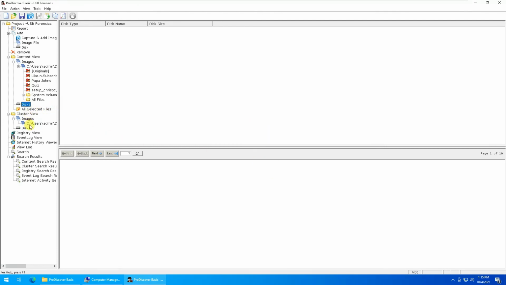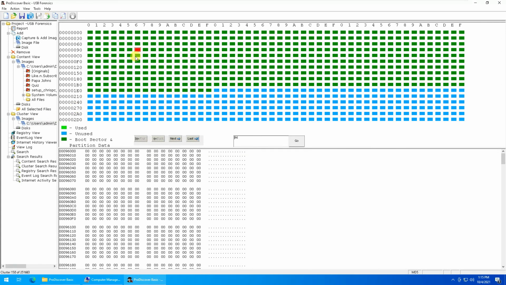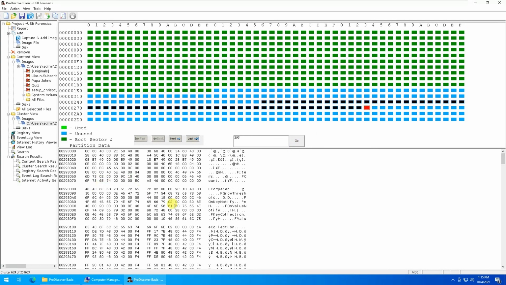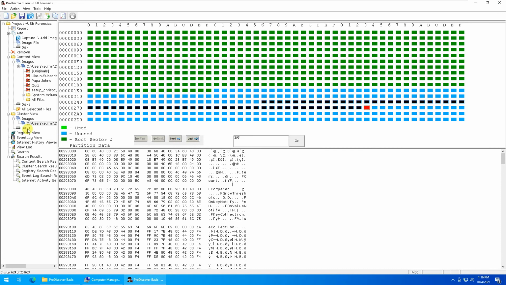Now next, if we want to add any disks over here, you can select it from the list. If you want to see the image files which are connected over here, it would even tell you the unused space, used space, and the boot sector. The boot sector is in dark green color, you can check it. Unused space is the blue area over here, and it's giving the hexadecimal characters of it, so you can check the contents on the hard drive.